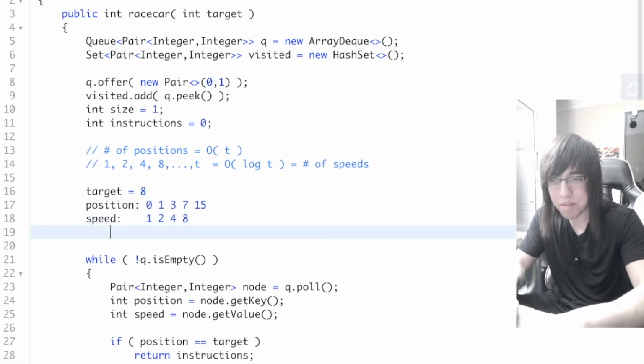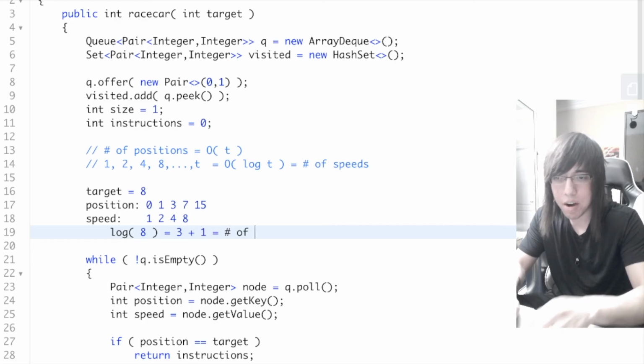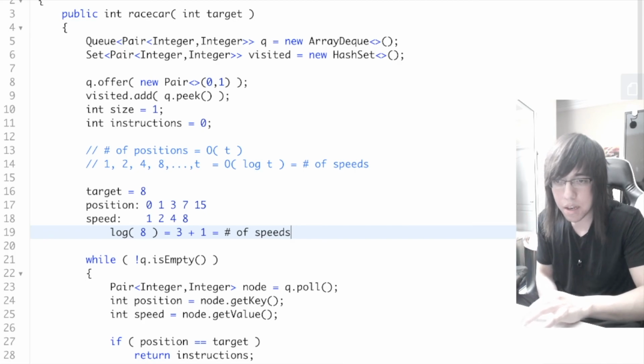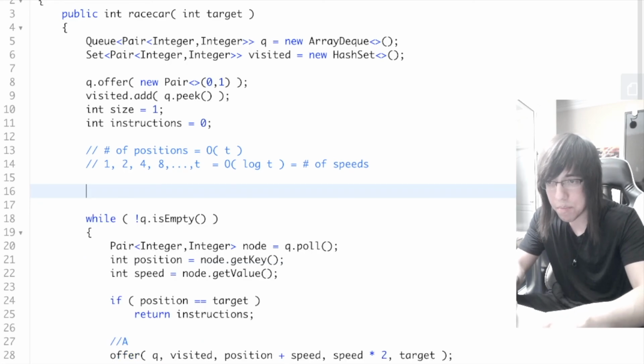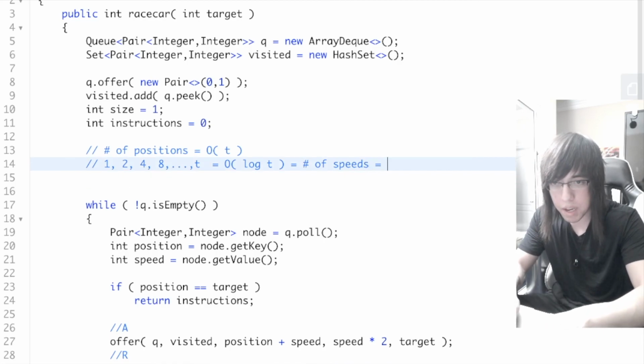Log of 8 would come out to 3, and notice that we have 4 digits here, so this just ends up being 3 plus 1 equals the number of speeds on average that the nodes can be hit by. So that means that if our number of speeds equals big O of log of t,